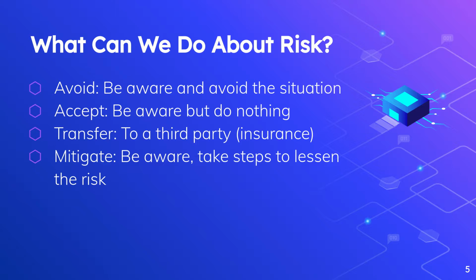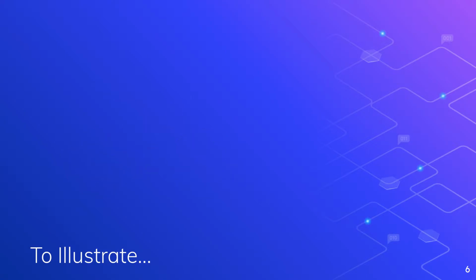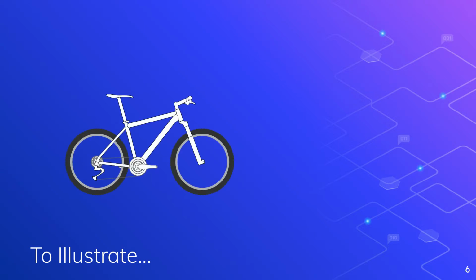They'll pay for it. Or we can mitigate the risk, right? We're aware, we'll take some basic steps to lessen the risk, right? What can we do that will make the situation better? So going back to our bike analogy, I have a bike. I'm afraid it's going to get stolen, so I can just not buy a bike, right? I'll walk. But I can also just accept the risk. I can say, I'll buy the bike, but someone might just steal it. I'll just leave it outside, and if someone steals it, someone steals it, right?